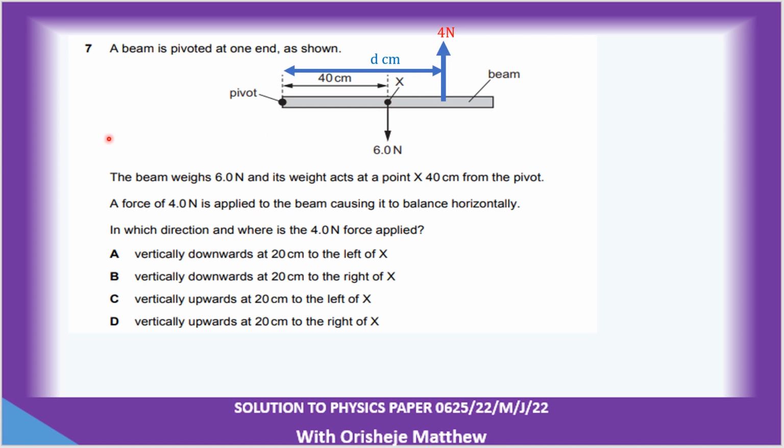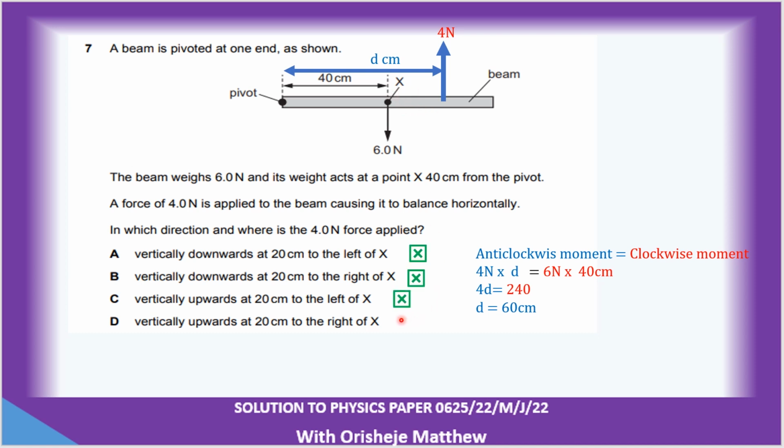So the anti-clockwise moment will be d times 4 is equal to the clockwise moment, which is 6 times 40, that gives me 240. So d will give me 60 cm. But if I remove 40 from the 60, that will give me a balance of 20. So to the right. So the answer is